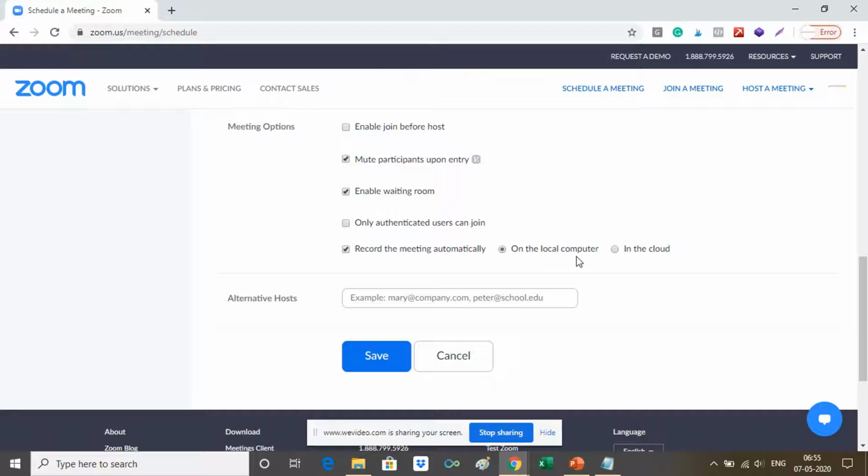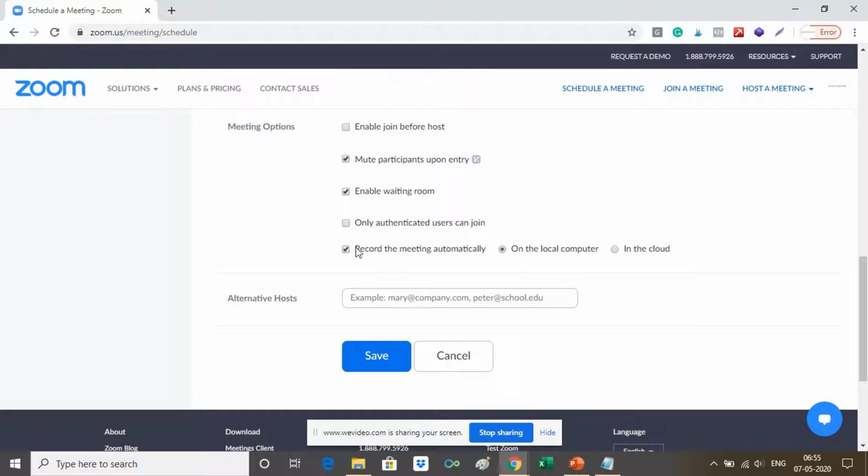Again, a security check. If you are recording this meeting or the session on the cloud, Zoom will have access to it. But if you are recording it on your local computer or your laptop, once you end the meeting, you will be able to download the whole recording on your local computer, and it won't be saved on the cloud, as in on the Zoom server.